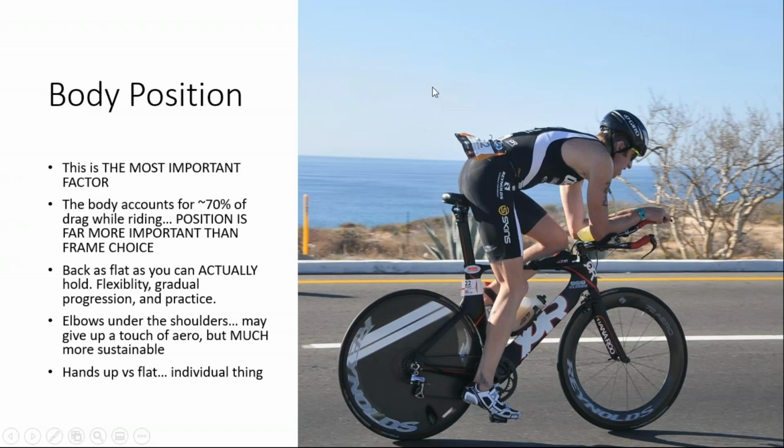So moving on. So body position. This is far and away the most important factor in terms of setting up your bike to go fast on race day. And I should note, I'm not necessarily getting too much into the specifics of bike fit as far as what should your knee angle be? What should your elbow angle be? This is more